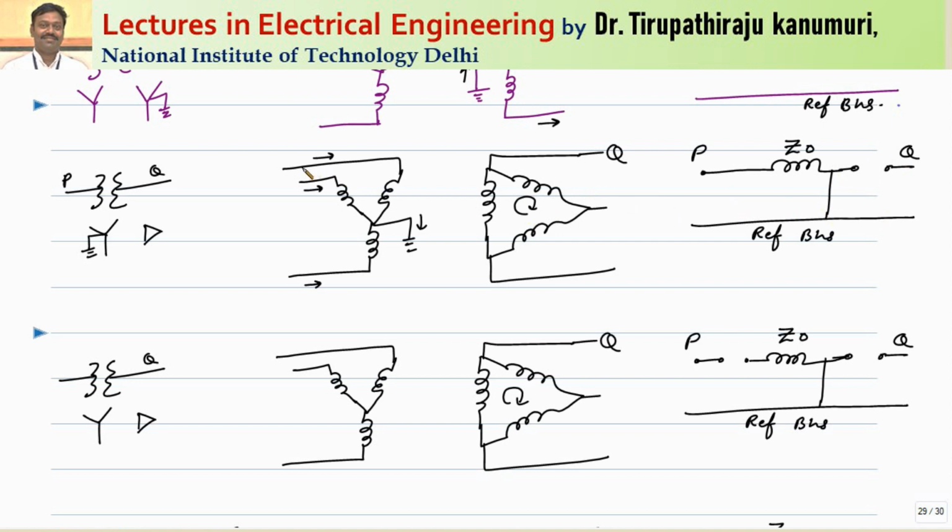Now coming to the primary side, as the primary side is connected through a solid grounding, that's why this switch is closed here. And if it is not solidly grounded, it is connected with some impedance. So accordingly 3 times the impedance of that will be connected in primary. So shunt switch is closed in secondary and series switch is closed in primary.